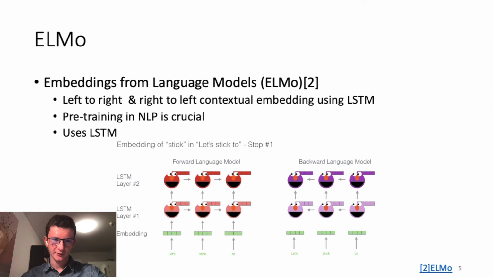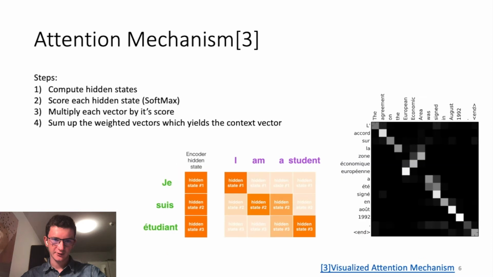It would be better if we could spread information in a constant number of steps. Then some new ideas came around in NLP, called the attention mechanism. This is a very powerful idea, and we'll see how it makes sense to apply it. So what does it do? We have multiple hidden states. Let's say we want to translate a sentence from French to English, for example. For each word of the French sentence, we compute a certain hidden state. In this case, it would be "je suis étudiant". Now we compute